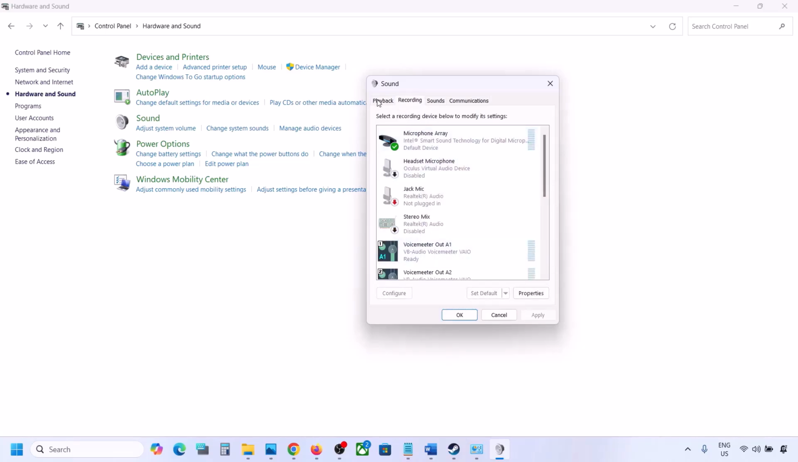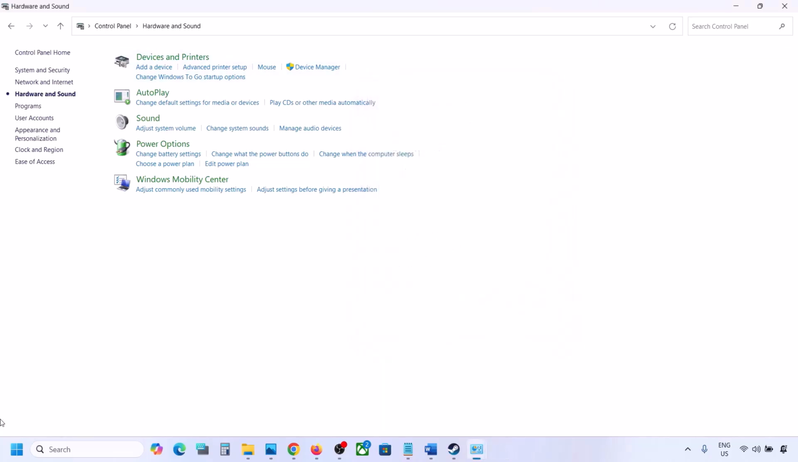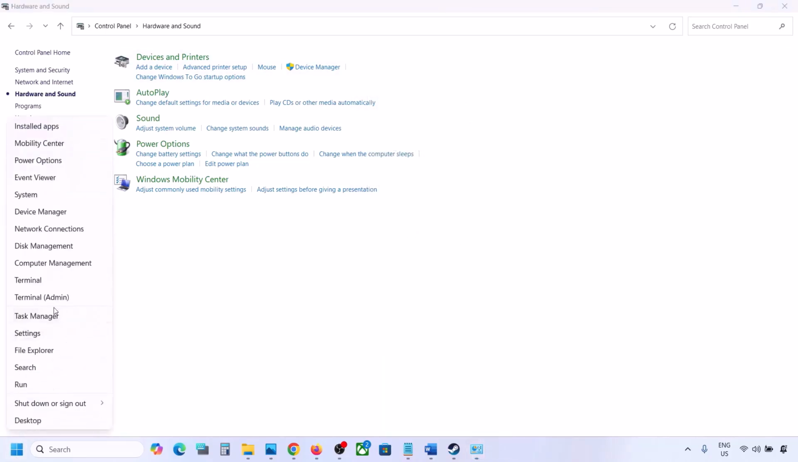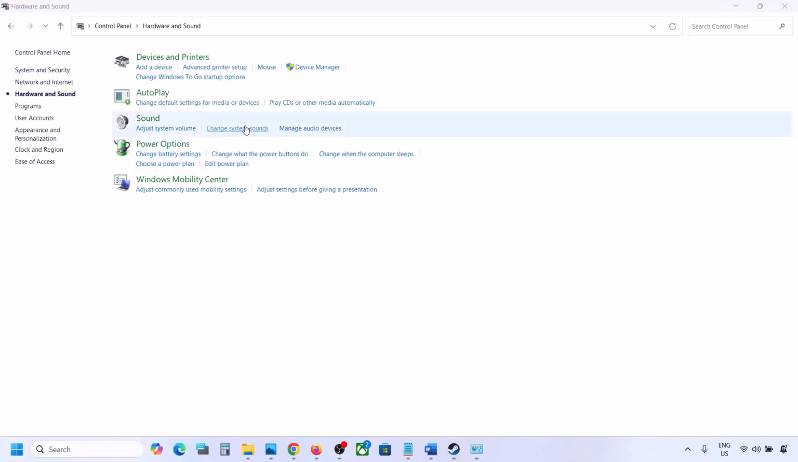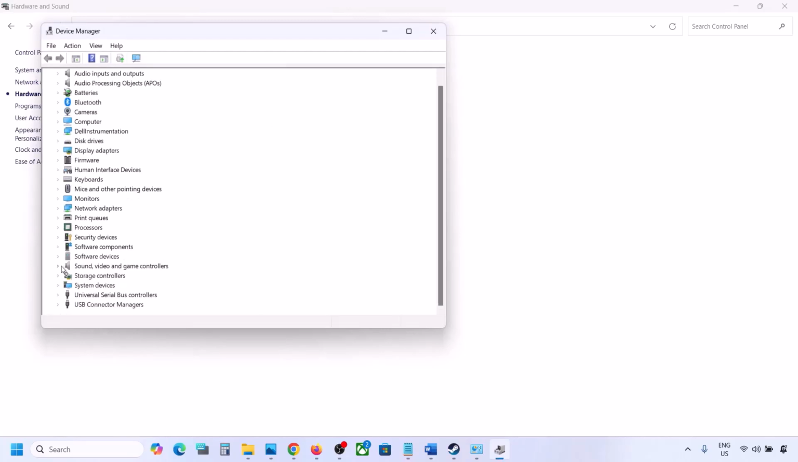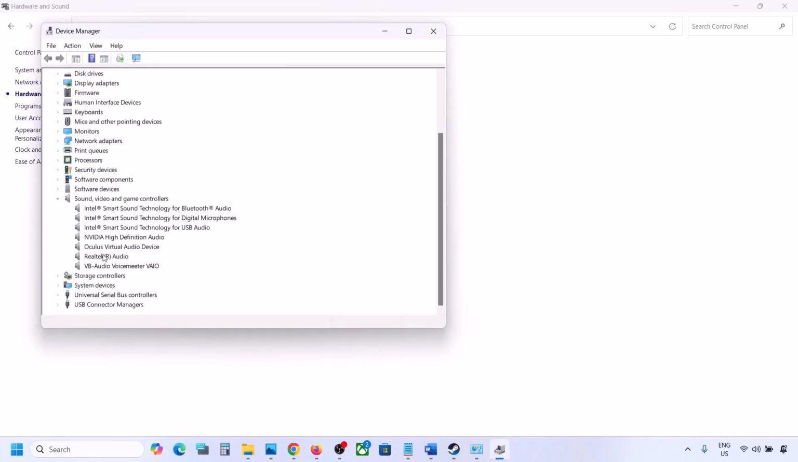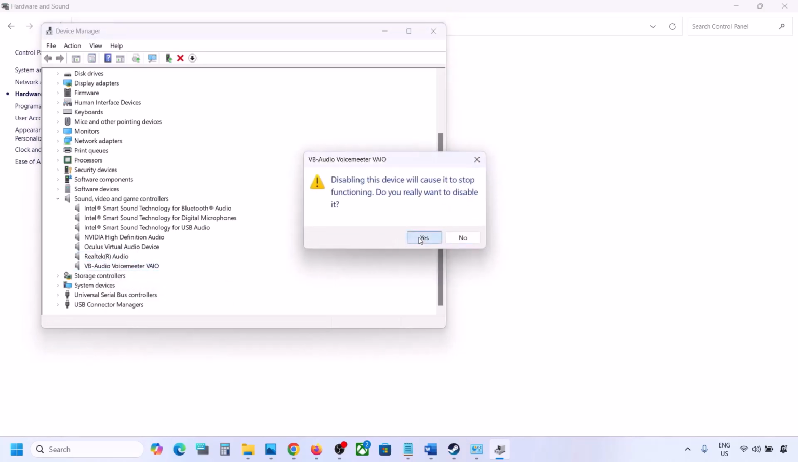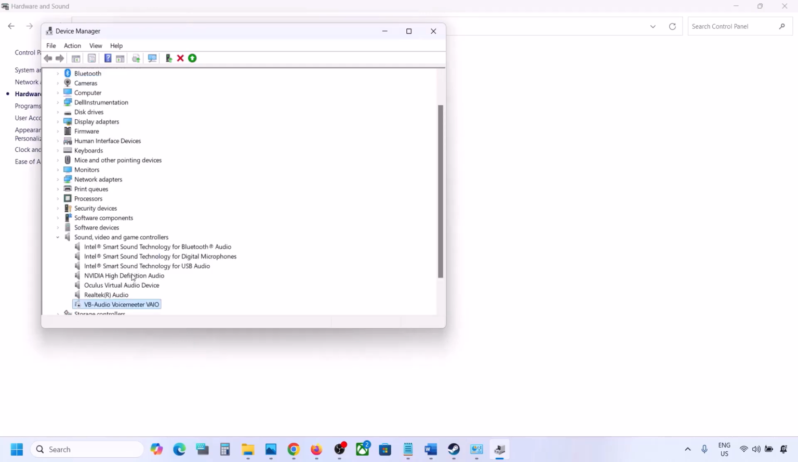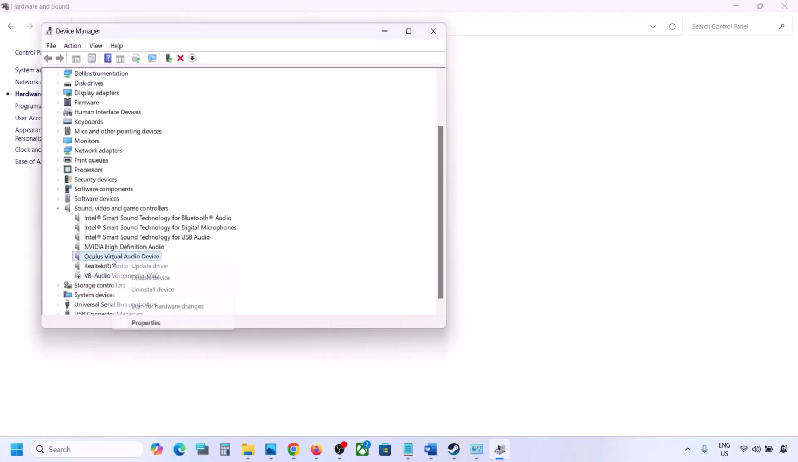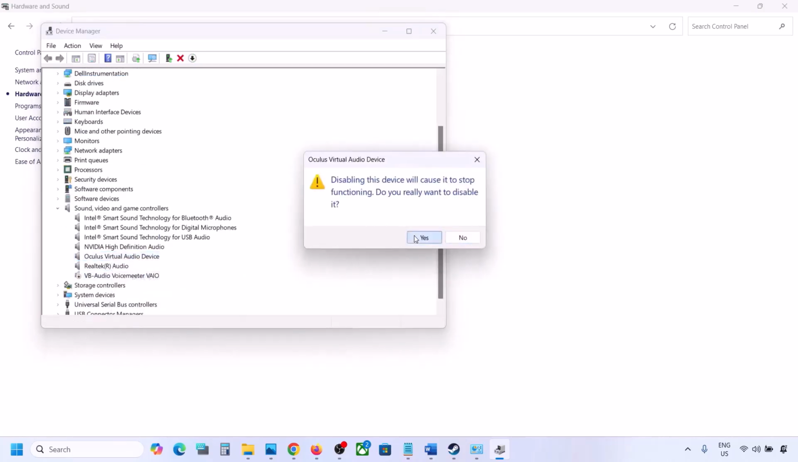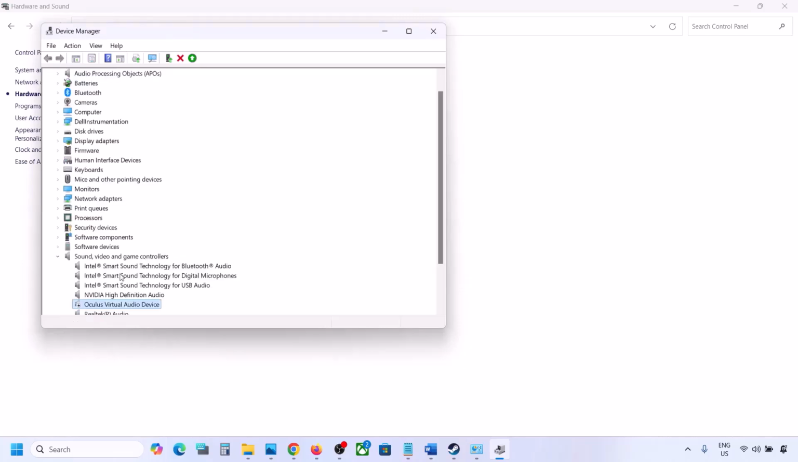So disable, and then you can do the same thing in device manager. Make a right click on the start menu, go to device manager and then expand sound, video and game controllers. I'm using this Realtek, and the rest I'm not using, so I will just make a right click and disable it. You can always enable it whenever you want, simply make a right click and enable it. So I'm not using this Oculus, I will disable it. If you have this NVIDIA which you're not using, you can disable it,